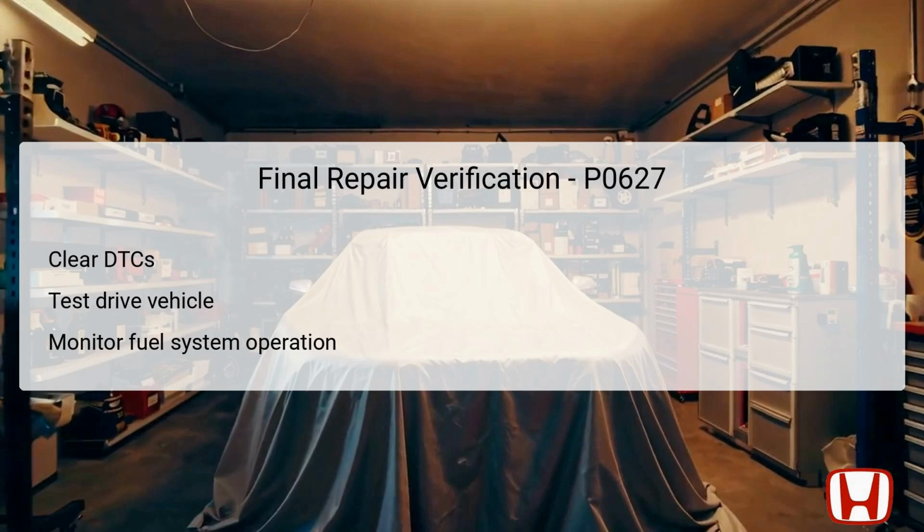After completing repairs related to DTC P0627, it is vital to verify the effectiveness of those repairs. The first step in final verification is to clear any stored DTCs from the vehicle's PCM using a scan tool. Once this is done, conducting a test drive of the vehicle is critical to ensure that it performs normally under